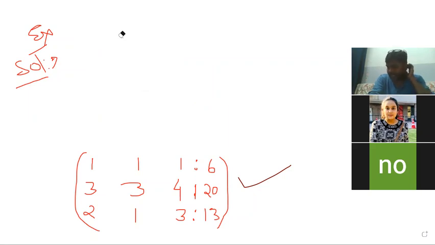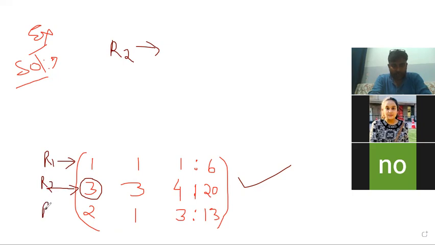Our target is that for doing the value of 0 this, if we want to do 0 this, we write R2 → R2. R2 means second row. This first row is called R1, second row is called R2, and third row is called R3. So we are writing here,